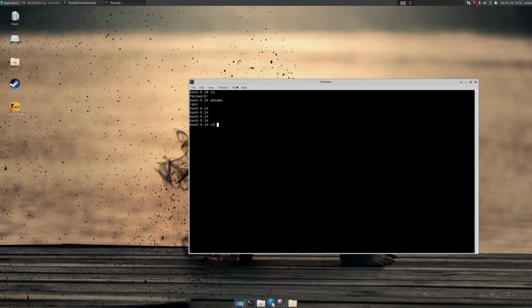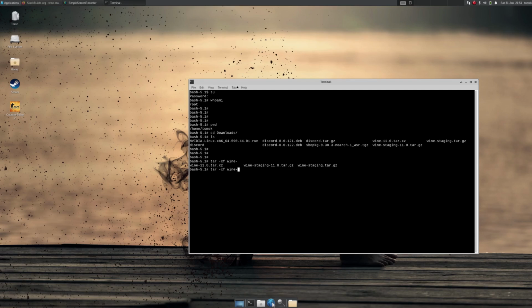Okay, where am I? Okay, so cd downloads and unpack wine staging.tar.gz, copy wine staging 11.tar.gz to the wine staging folder, and copy wine 11 to the wine staging folder. Go to the wine staging folder